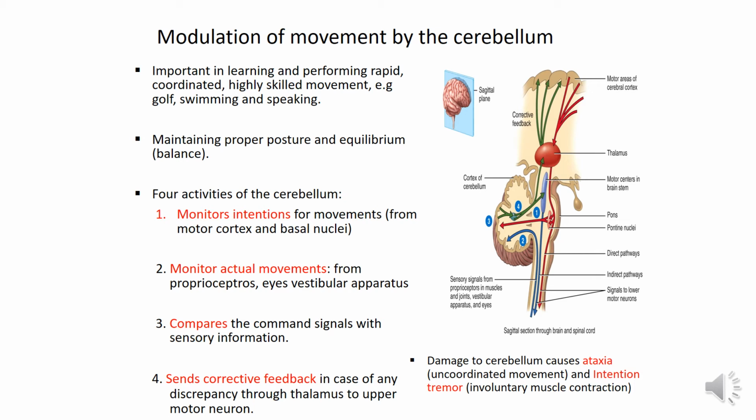So what is the role of the cerebellum? Cerebellum plays a role in the production of voluntary movement. It has a role in the timing and joining of the voluntary movement. It has a role in the production of the learned or skilled movements, as well as regulation of the muscle tone and regulation of equilibrium.